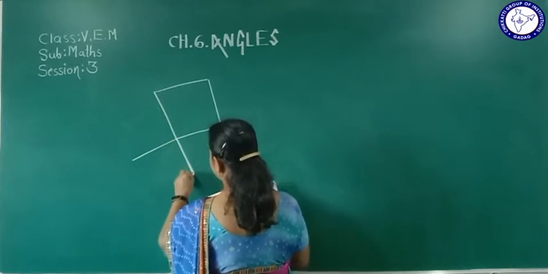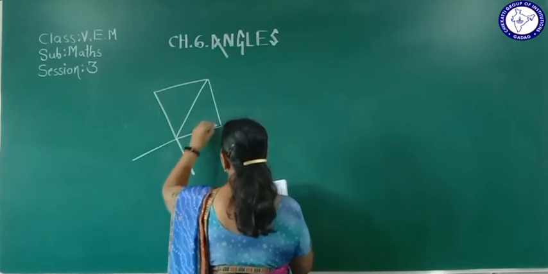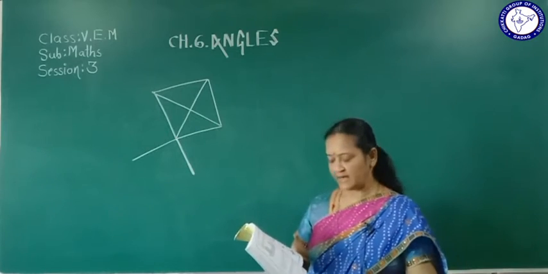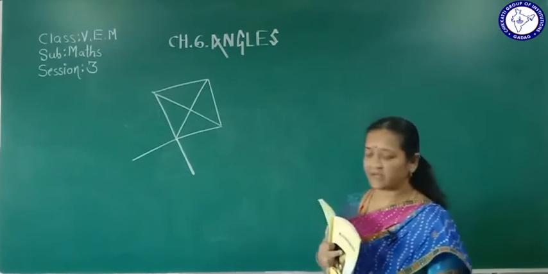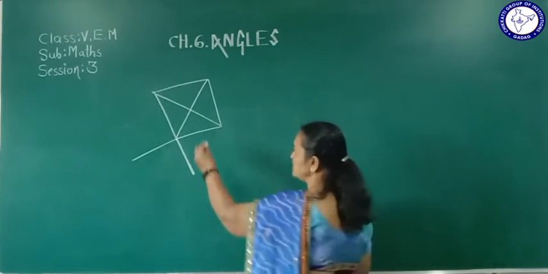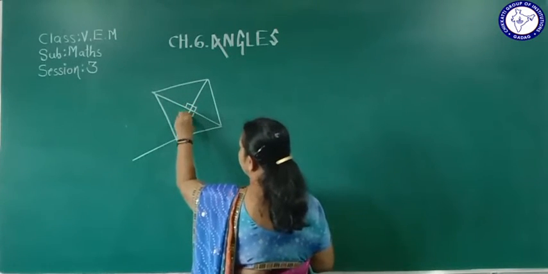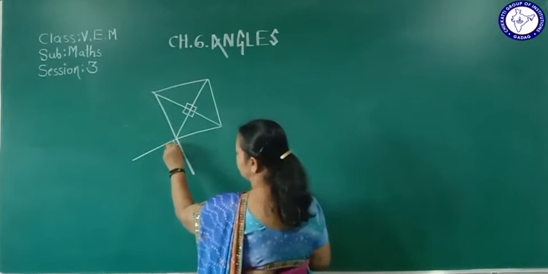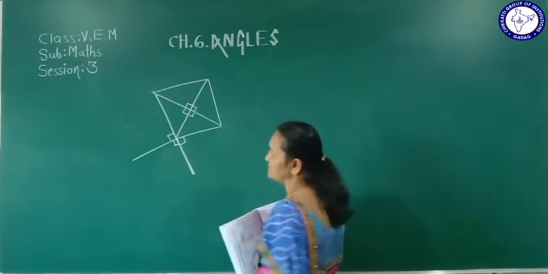So here one kite is given and we find different colors. Okay. Now what we have to find? Right angles, acute angles and obtuse angles. So here in this figure maximum you will find right angles. Here these angles are right angle. So as we have learned how to mark right angle. Mark right angle. This is right angle. Here you will find right angle. This is right angle. Okay.